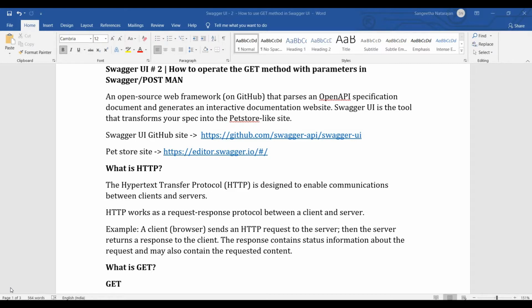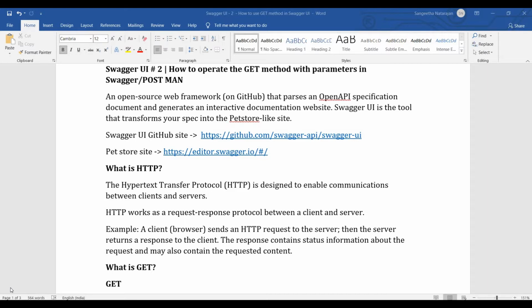So what is HTTP? Hypertext Transfer Protocol. It is send and receive. What is send and receive? The client sends a message to the server, and the server sends a message back to the client, which is request and response. What request we pass to the server, based on that request the server sends back a response. This is the way of interacting with the website.